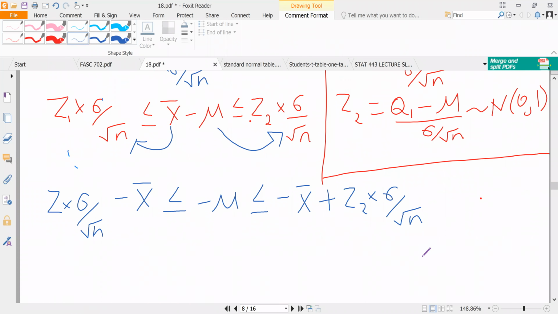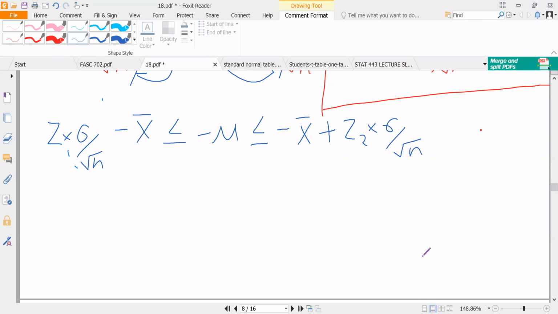And then as an algebraic operation, because these are linear inequalities, we are interested in making mu the subject, but what we have is not mu. What we have is negative mu. So to make mu the subject here, we have to divide everything by -1. If we divide everything by -1, we will have made mu the subject. So if we divide everything by -1 in this particular case, it will imply that